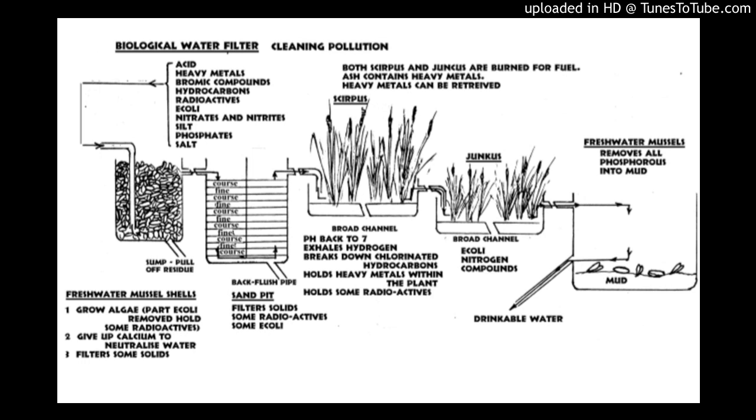In the mud under the mussels. Yeah, so periodically you sieve your mussels, throw your whole deal up onto a sieve, wash it down, put your mussels aside and pump the whole lot out onto your paddock. That's right, that's what you do with it. The mussels have been known to reproduce in evolution. Yes, they reproduce. Don't forget your mussel shells go back to the start of the system and start...